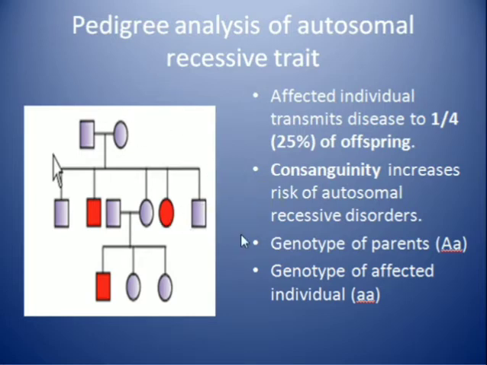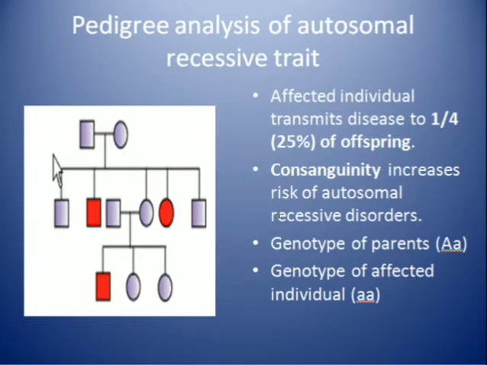Now if you look into this pedigree, if you want to know the genotype of the parents, because the parents are not affected, and as you know it is autosomal and recessive, they should be carriers. So here, as you can see, the genotype of the parents is heterozygous, where they have this recessive allele, but because the dominant allele is present, it is not expressed in the parents. And the affected individuals, the male and the female, should be recessive. They should have both alleles recessive, then only will they express the character. So the genotype of the affected individual will be recessive.